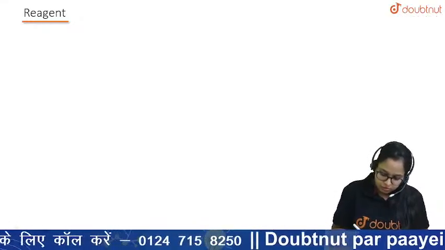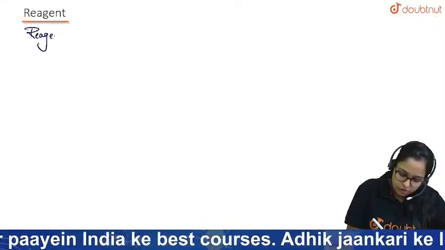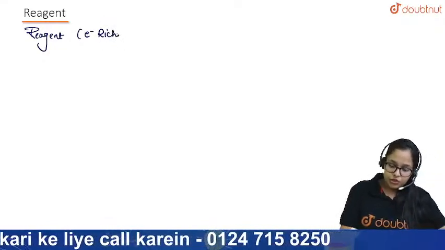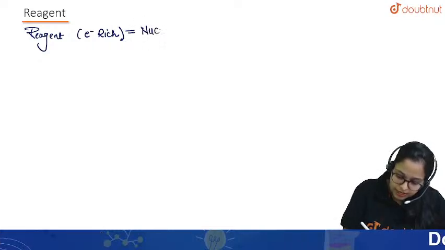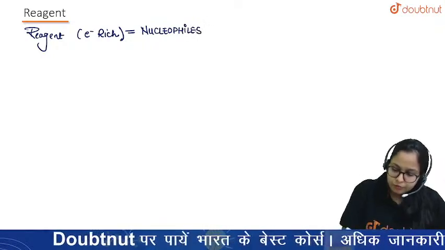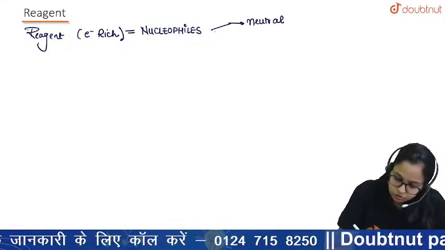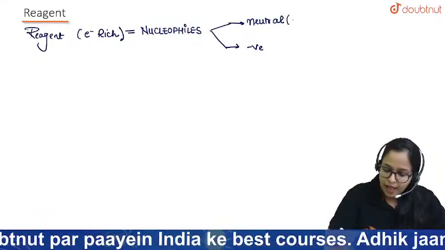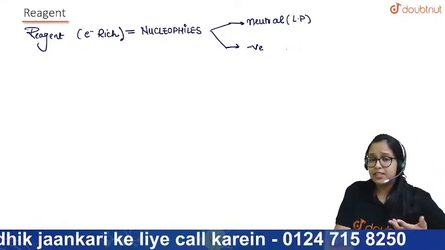We'll discuss a little about reagents also. Reagents can also be classified in two parts. A reagent can be electron rich as well as electron deficient. Electron rich reagents are commonly called nucleophiles. Now nucleophiles are of two types. They can be neutral or negatively charged. Because they are electron rich, either they are neutral with excess lone pairs on them, which is why we say they are electron rich,